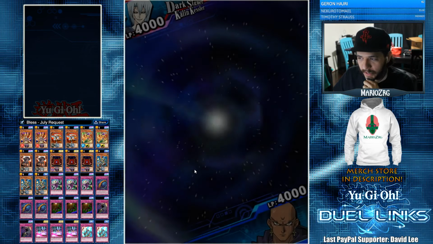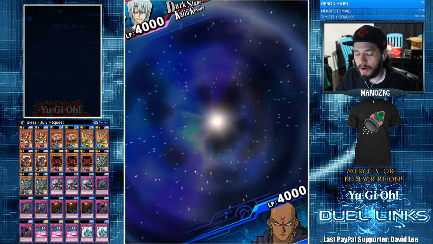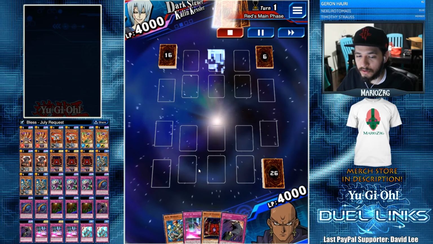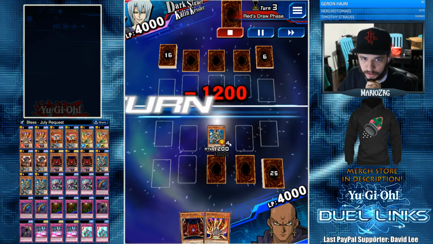the main problem I have with decks like this is that it is funny. It is like a troll deck. You know, you are annoying your opponent, but the duels just take so long because your win condition is making them rage quit or deck them out. I don't really have a lot of burn cards other than Lava Golem,